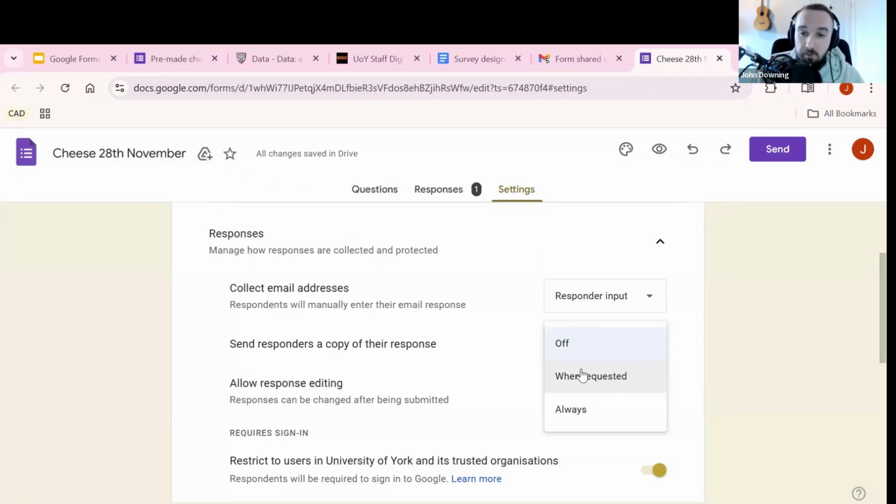So if you've done a sign up for your dinner and someone wants to double check, did they pick chicken nuggets or pizza? They can have that response in their email inbox. Or you could, if you pick always, force it. It's a bit weird. I've not really seen many forms doing that. But again, if you want to make sure that there is a copy of this in someone's inbox for if there's any conflicts later down the line, you can do that so that we know it's gone into their